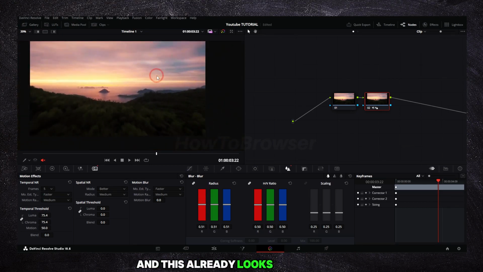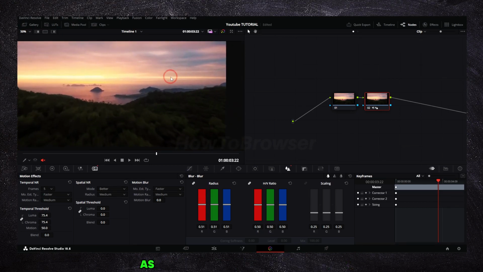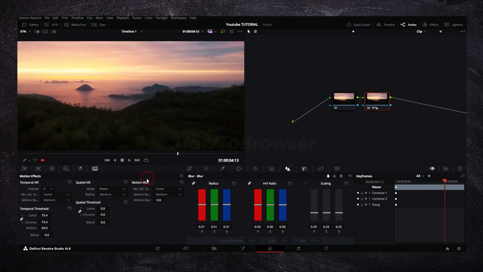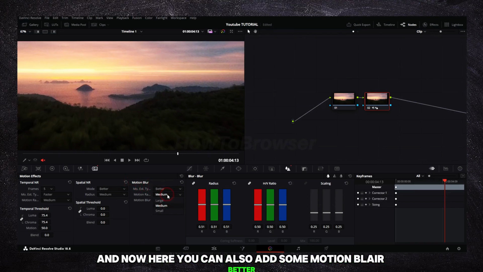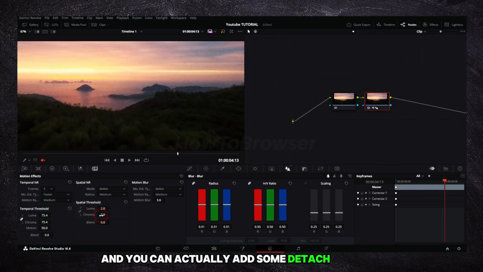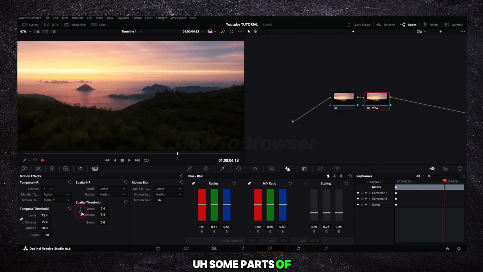This already looks much better, as you can see, even if you zoom out. And now here you can also add some motion blur, better, and here medium, and increase to about 2 or 3. And you can actually detach this and increase some parts here,